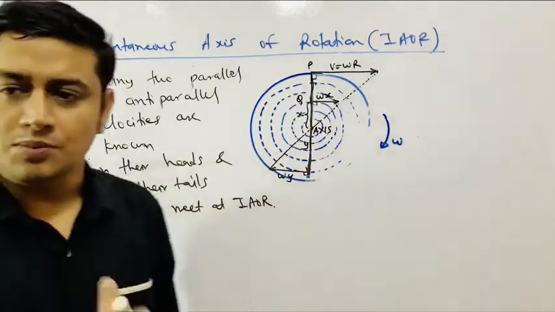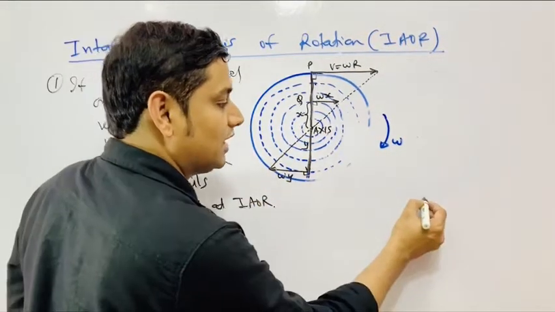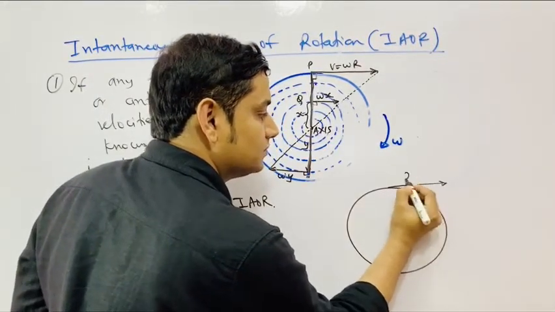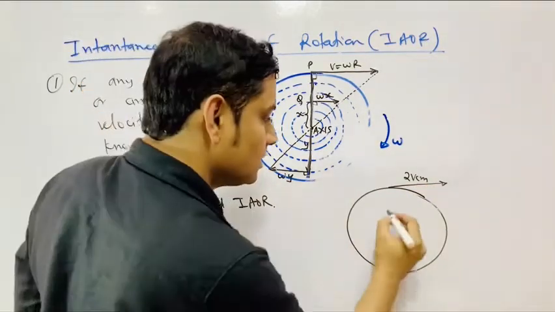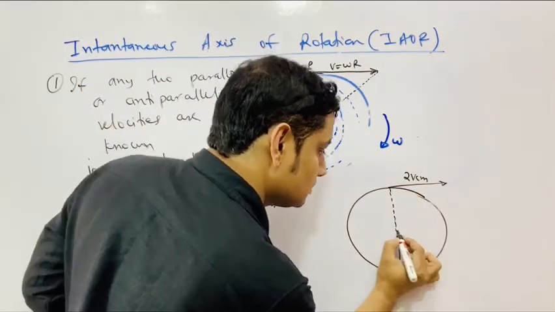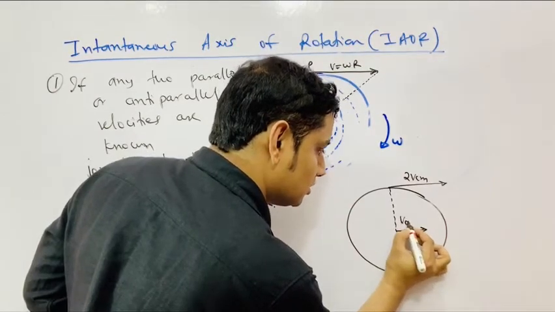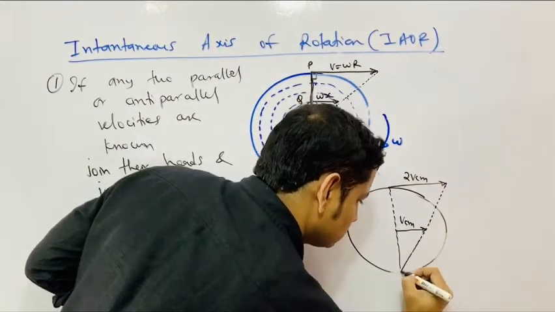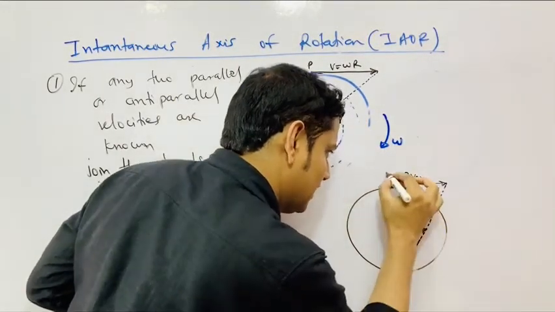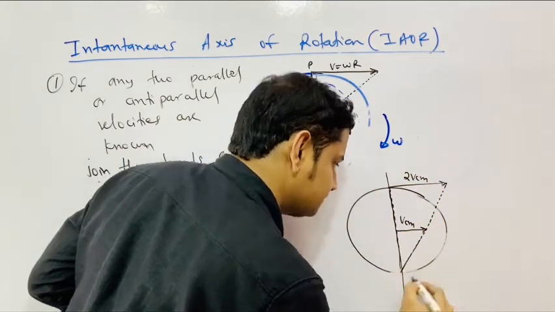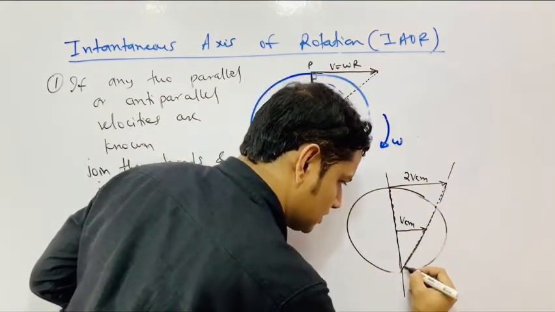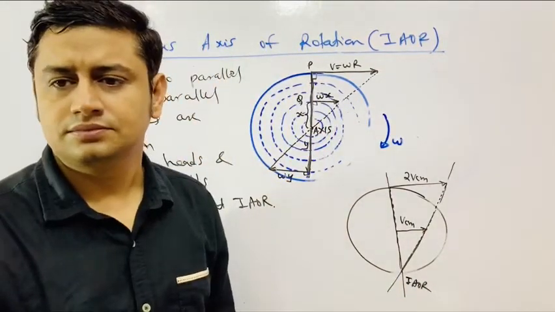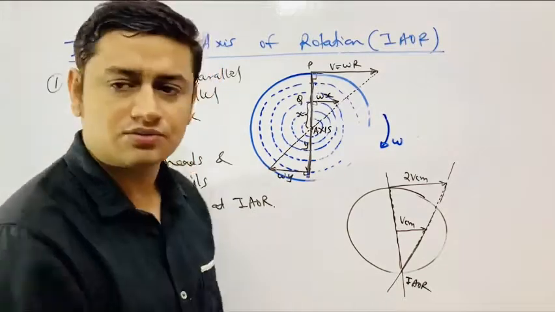Understand the meaning of that. Suppose we are doing the reverse case. In the rolling case, what did we get? This velocity was 2 VCM, and this velocity is VCM. Suppose these two are known. What would we do? We would join these two and they meet here. The line joining the tails of these two vectors and the line joining the heads of these two vectors meet here, and this is the instantaneous axis of rotation. And we know that this was the true case. For any case we can get it.